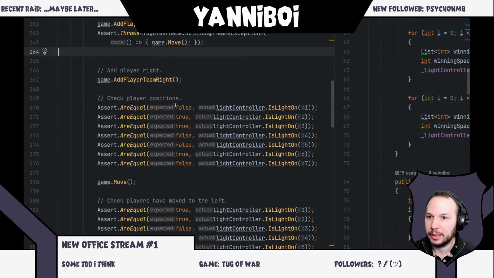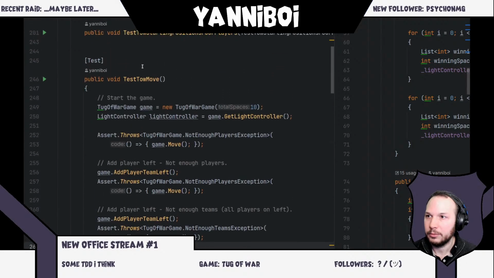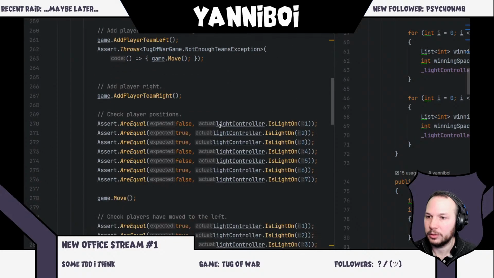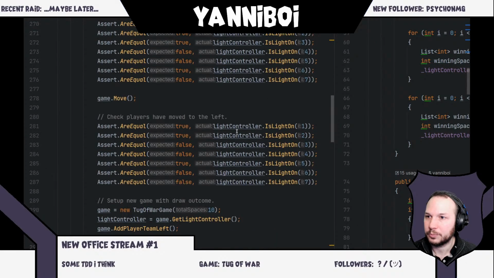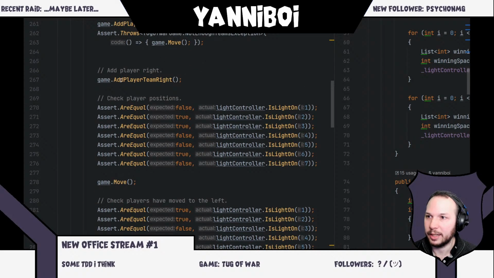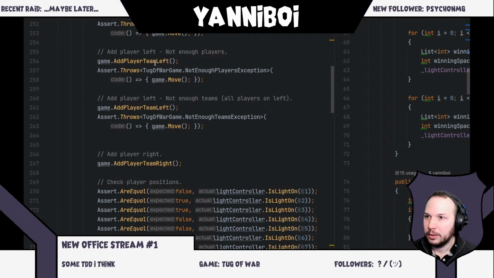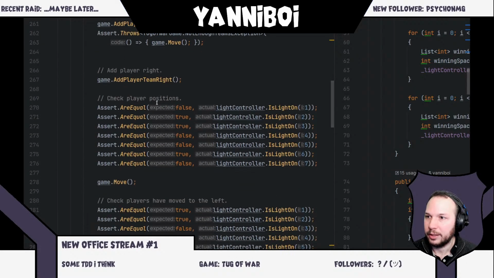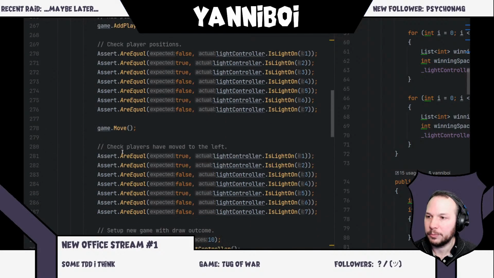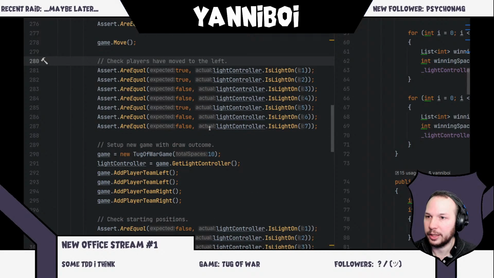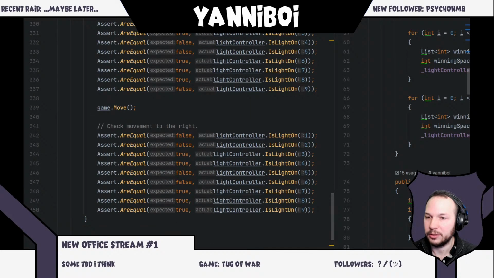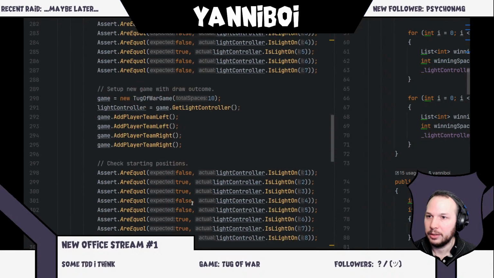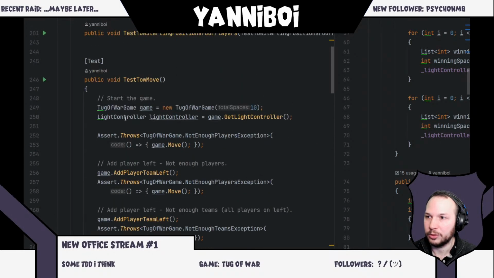Then what we're doing is, which one is this? Test movement. This needs rewriting. This is not cleanly written. But basically what we're testing is we're adding 2 players to the left and 1 to the right, and then checking that the relevant lights are on. Then we're moving, and again checking that the lights have updated correctly. So I'm probably not going to change anything about this test in particular, because this is covering a bunch of bases. So instead I'm going to write a new test